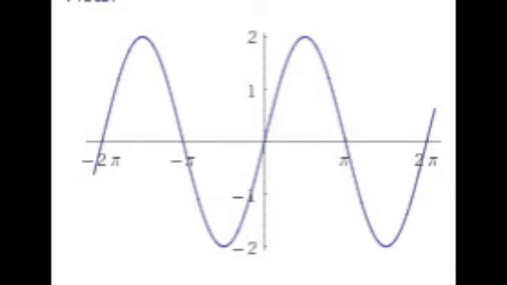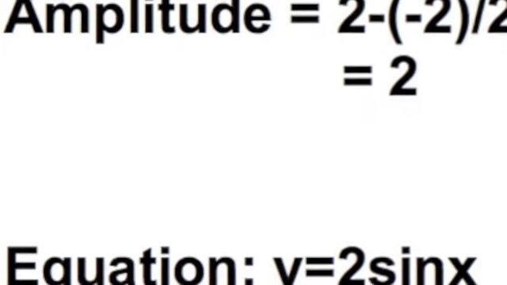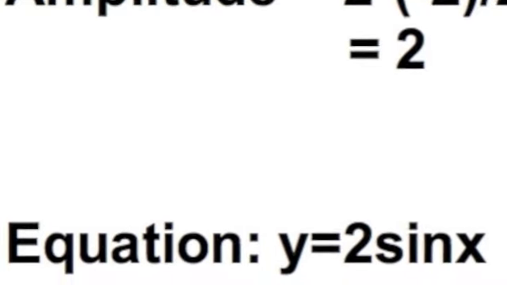equation for this graph. Another thing that I want you guys to learn and notice is that if there is a change in amplitude, this also means that it is considered a vertical stretch. However, there could also be a vertical compression, just depends on whether it is a whole number or a fraction. The result of the amplitude should equal 2, and this will also tell us that the equation is y equals